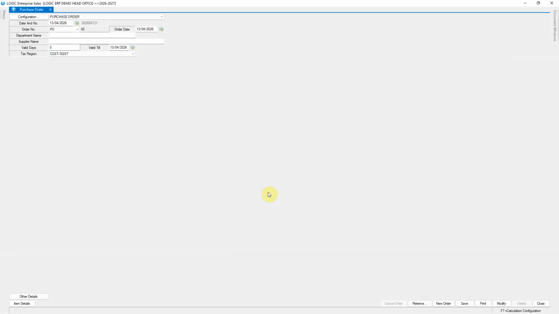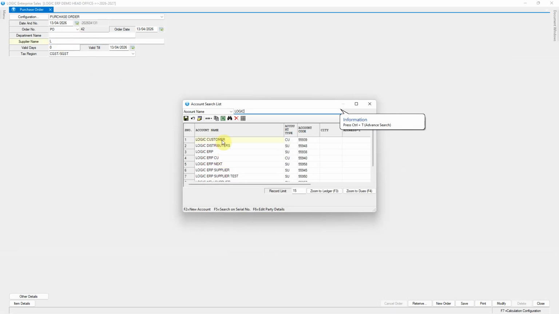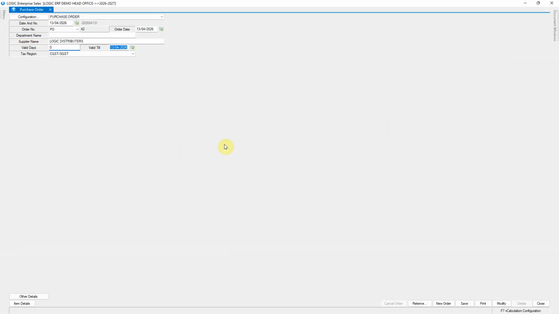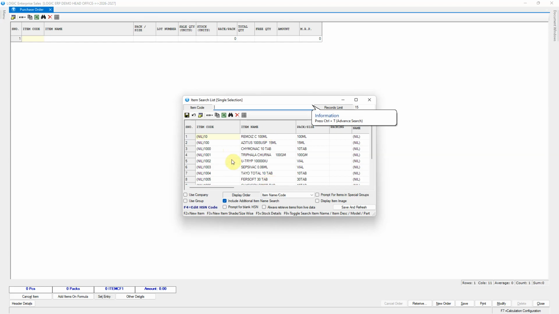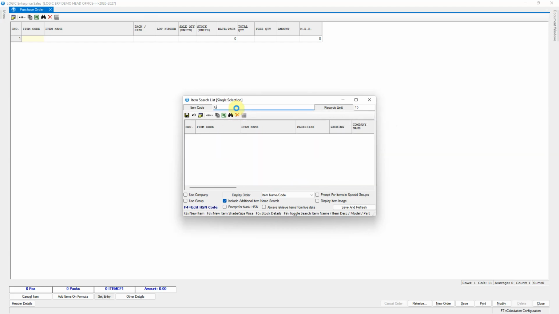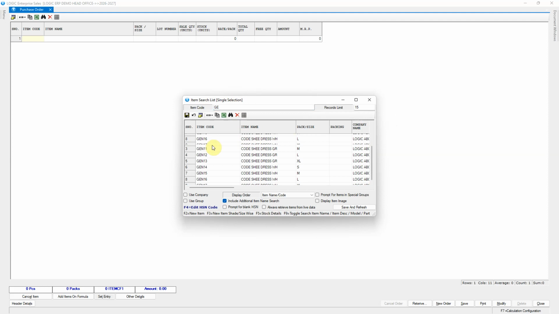In this video, we will discuss how to disable the item code list while entering the item code in a purchase order. To begin, let us first observe the default behavior. While entering items, when you input the item code list automatically appears, similar to how it appears when entering the